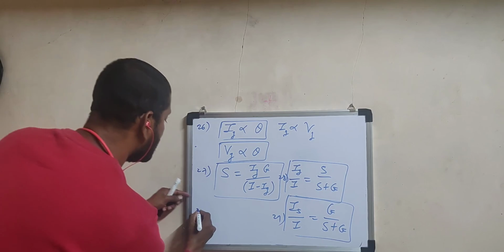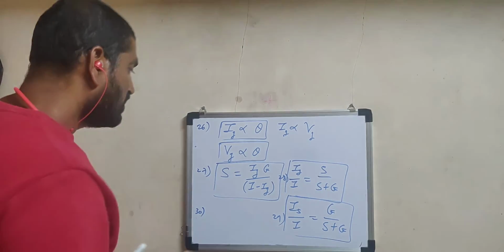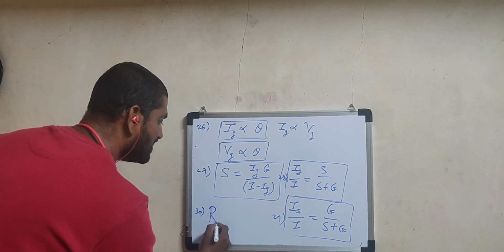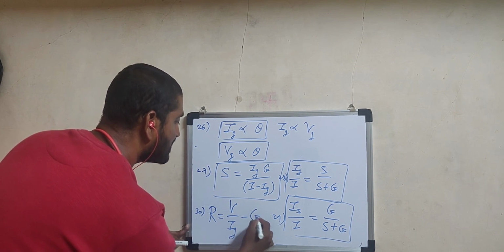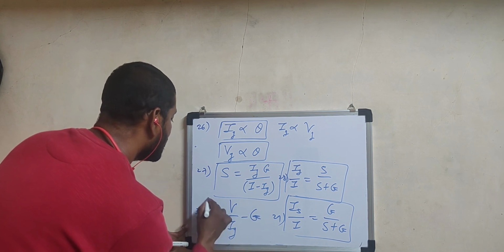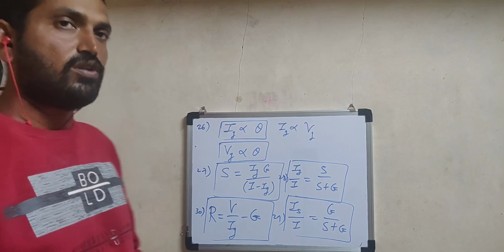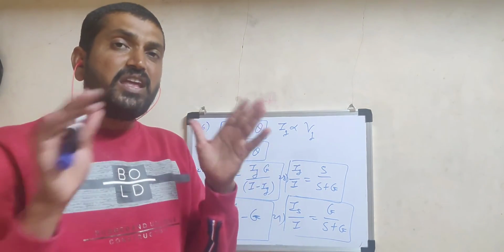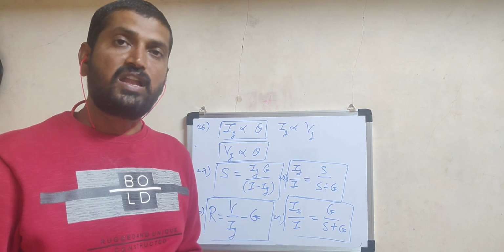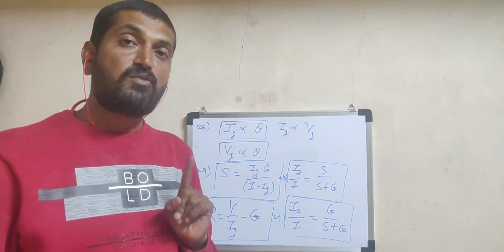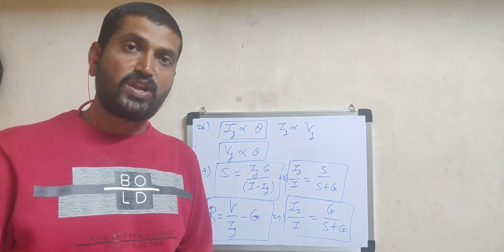And the last, number 30 formula, conversion of a galvanometer into a voltmeter. We require a series resistance, given by the formula R is equal to V upon Ig minus capital G. So this is again an important formula for conversion of a galvanometer into a voltmeter. So this is, in brief, the entire list of all the formulae from the topic current electricity. So prepare all these formulae well, make a habit to recall these formulae so that